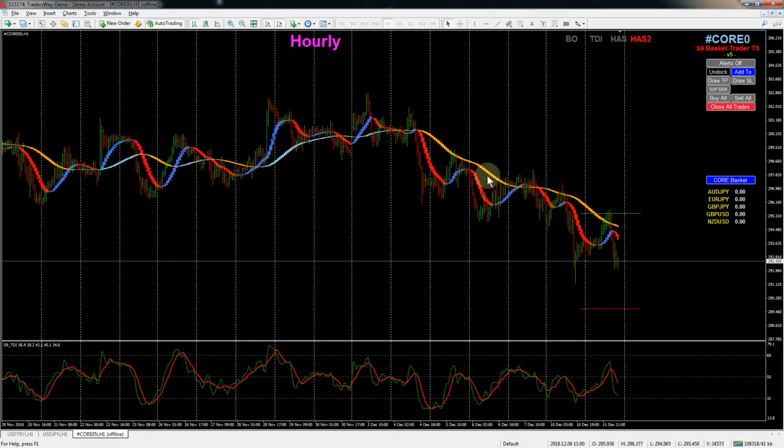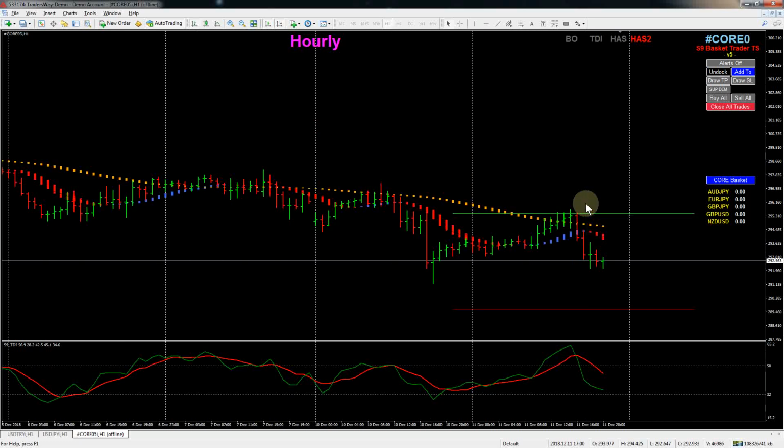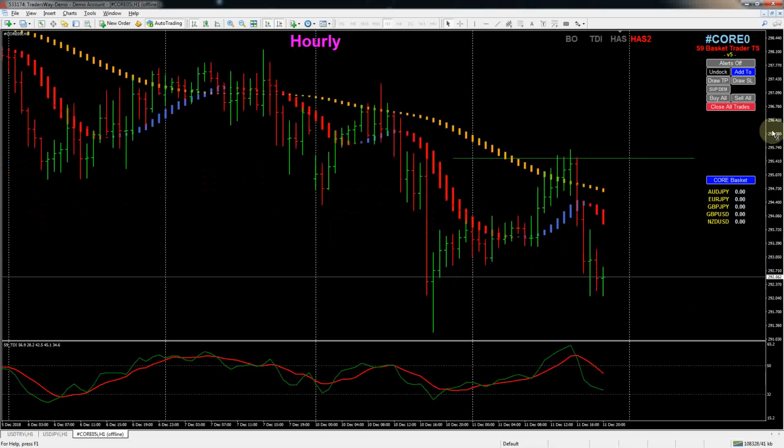And the second one, the hash 2, is the orange and light sky blue color here. So you can tell them apart. And as you can see, the hash 2, which is this orange one, is telling us right now we're in the direction of short. And the hash, this one here, we have no signal on because we've already gone past this color change point,